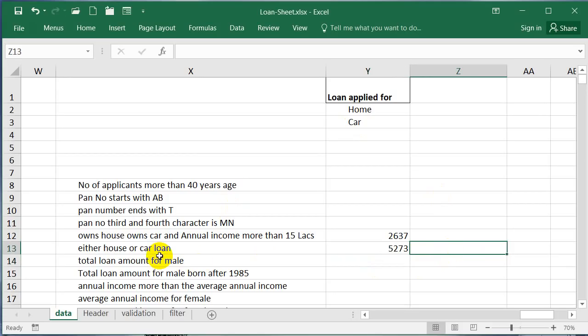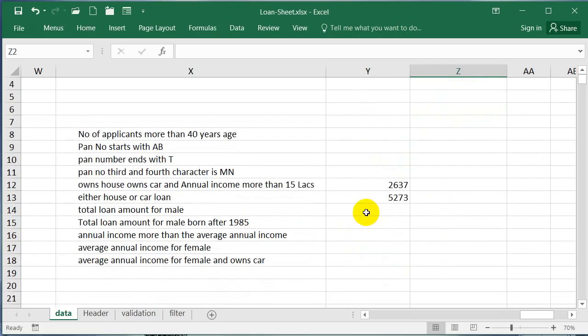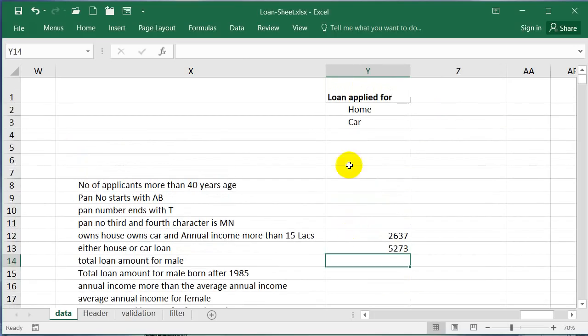Total loan amount for males, you will put gender and here M, like that, and you will do DSUM. Total loan amount for male born after 1985. Let's do this.